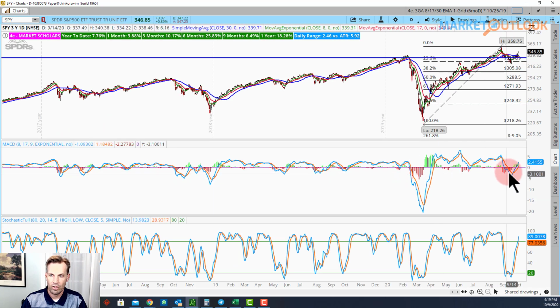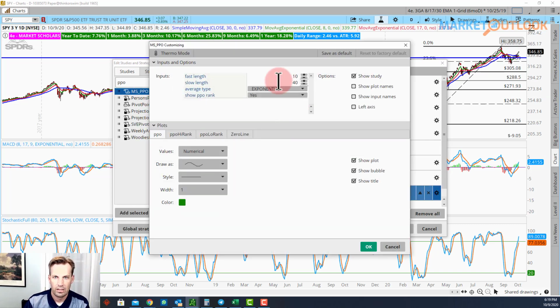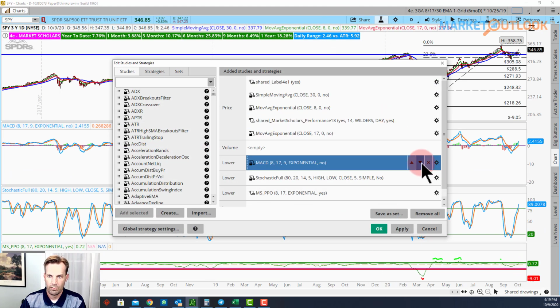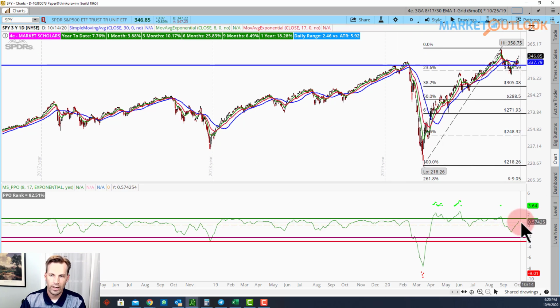When you look at it from this standpoint, you can see, look at my horizontal line going forward. This is a relatively high MACD considering. Now we are at a higher number. If I were to look at the PPO instead, let me bring that up here, and then we'll take a look at the 8 17, which is the equivalent. Let's just get rid of the MACD and stochastics for now. So here's kind of like a relative MACD. Then you can see, okay, we're not quite as high,